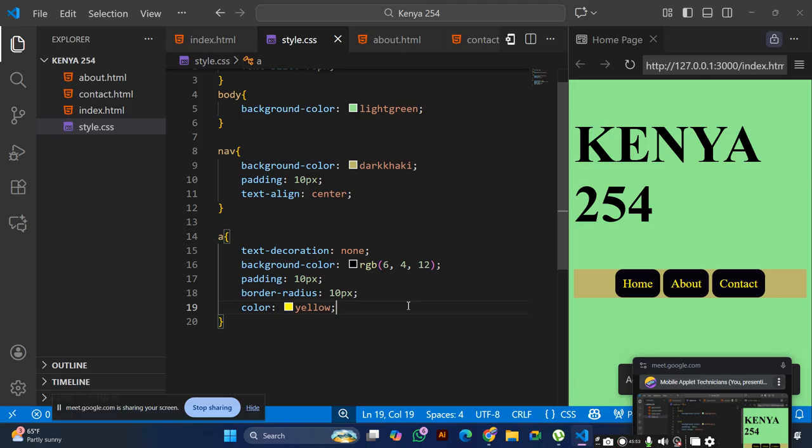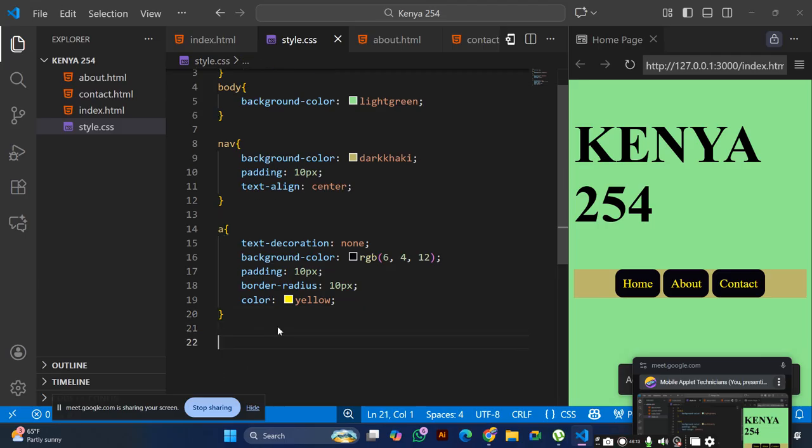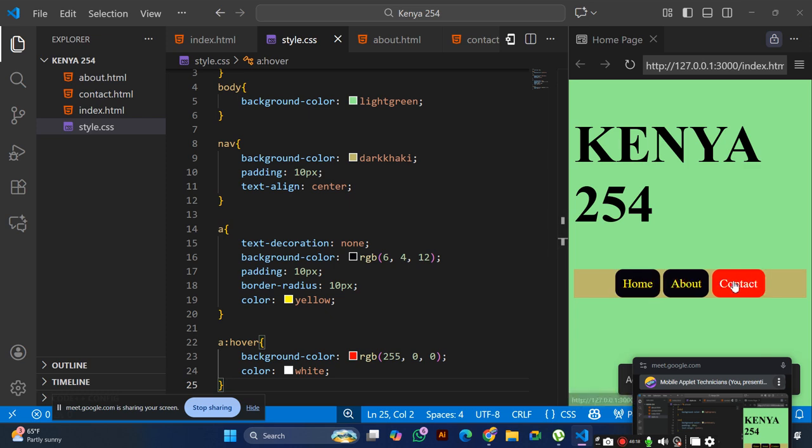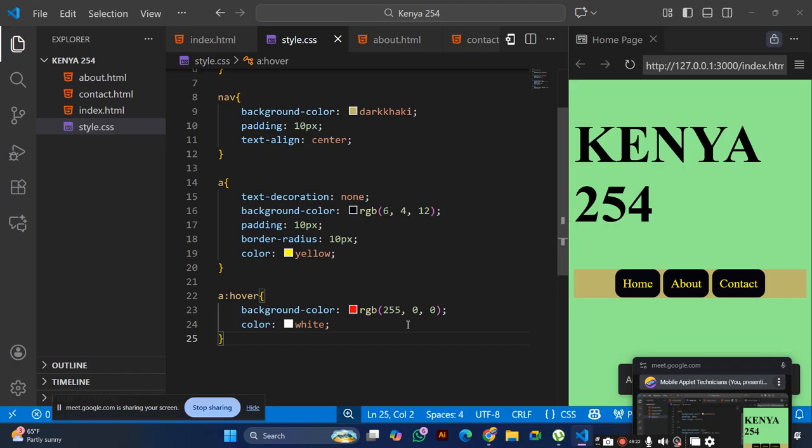Okay. That is very fine. Now, we can work on the hover. So if somebody hovers the mouse, then now the color changes. So you can say background color red.